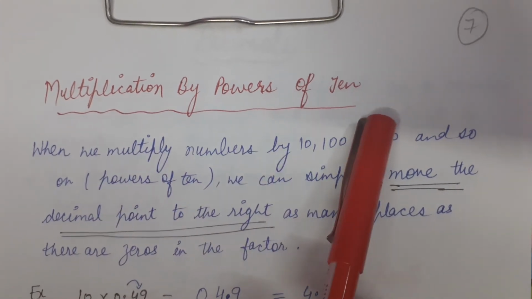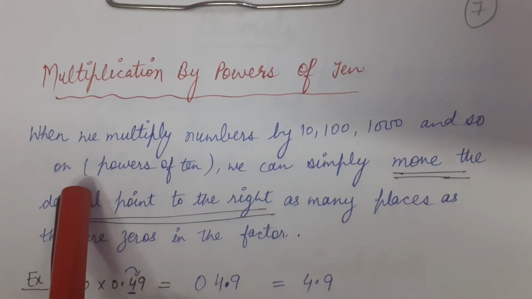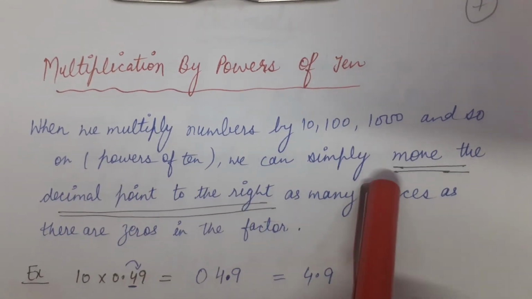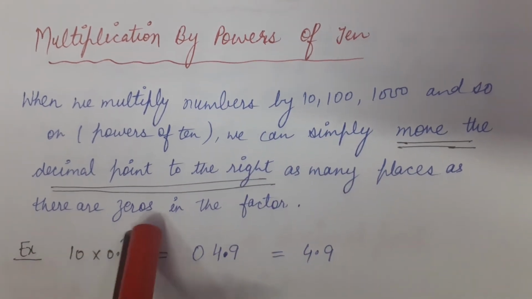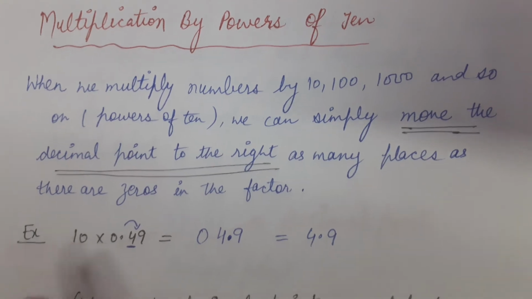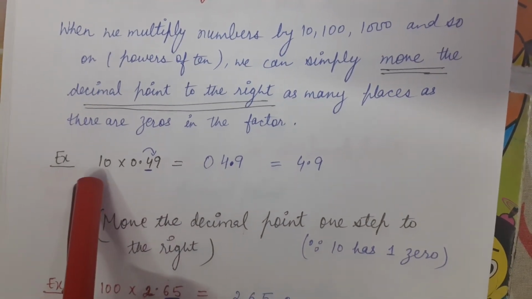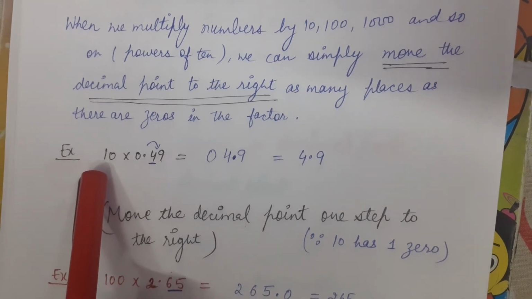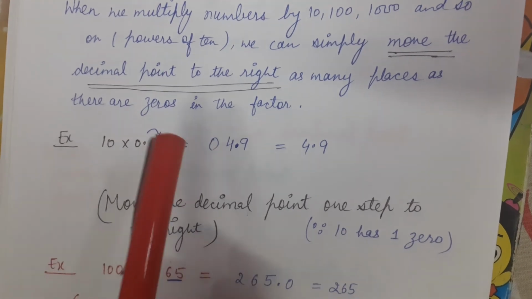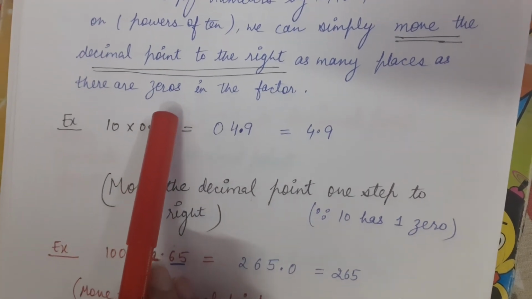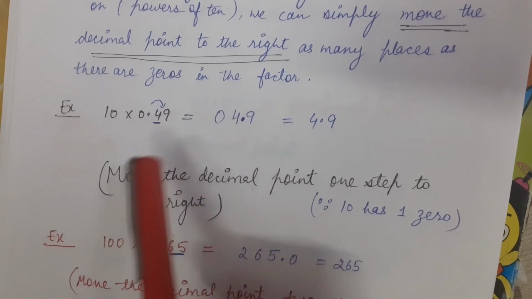Multiplication by powers of 10. When we multiply numbers by 10, 100, 1000 and so on, that is powers of 10, we can simply move the decimal point to the right as many places as there are zeros in the factor. That means 10 multiplied by 0.49. Now 10 has 1 zero, so we have to move 1 step to the right. That means the decimal is here, so move 1 place, and it will become 04.9. So remove the 0, answer is